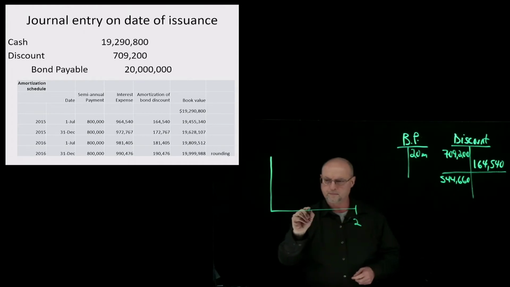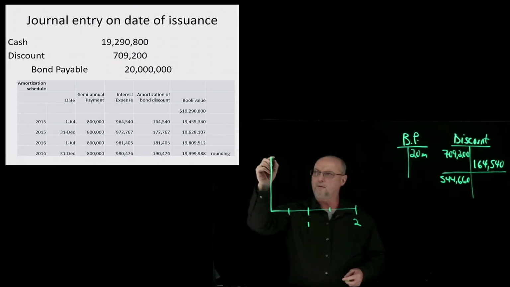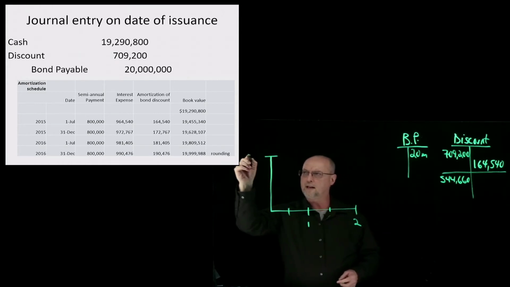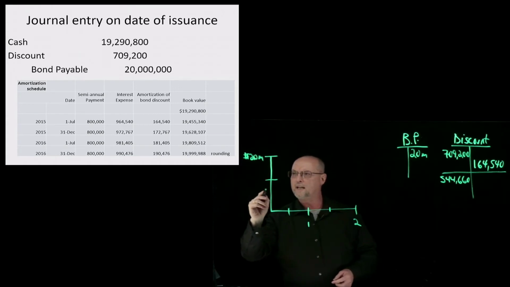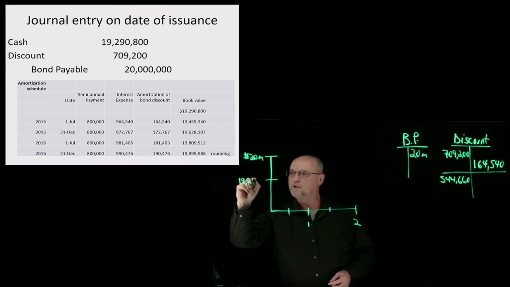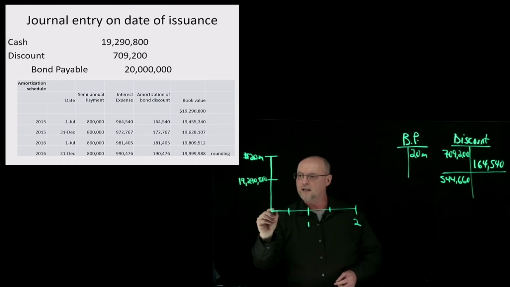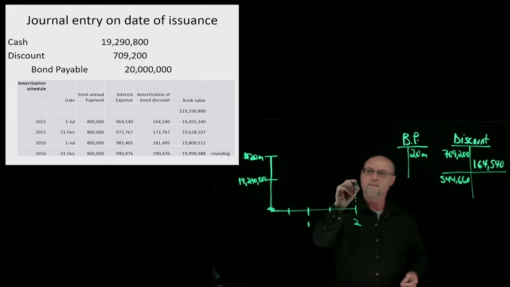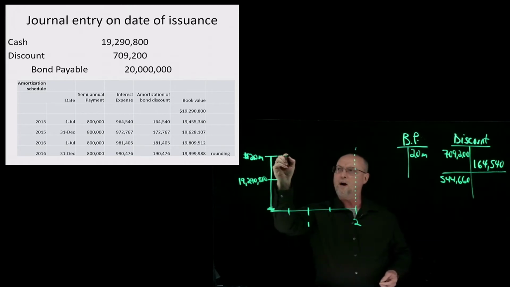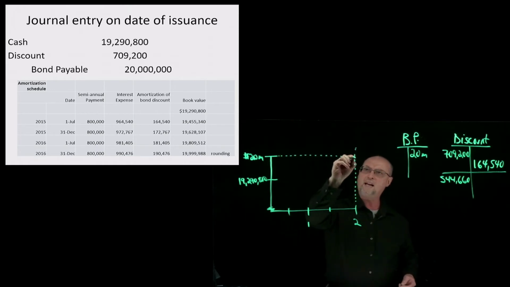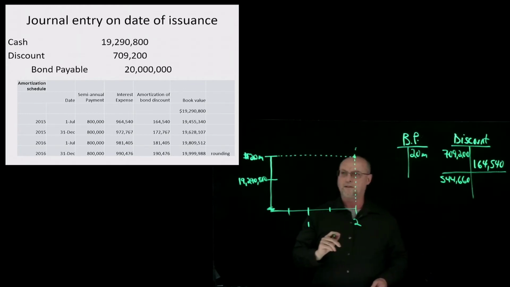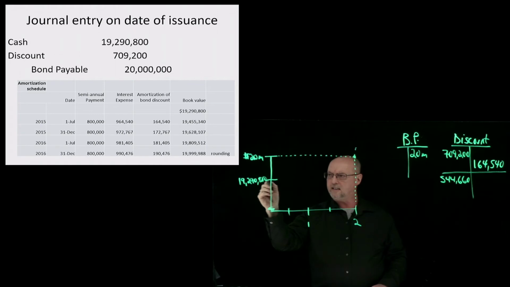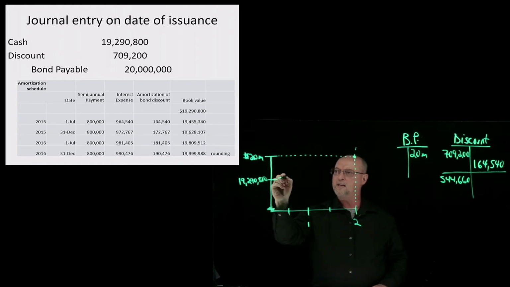Here's 2 years, 1 year, and here are the 6-month marks. Okay, so now, let's say this is $20 million right here. And on the day that the bonds were issued, we received $19,290,800. That means this is a compressed graph, it's not to scale. So now, at the end of 2 years, we have to pay them back $20 million. They gave us $19,290,000, and as this bond amortizes,